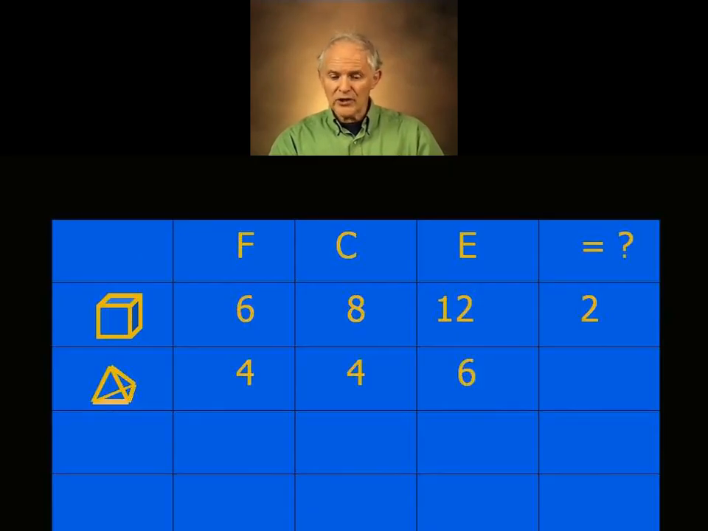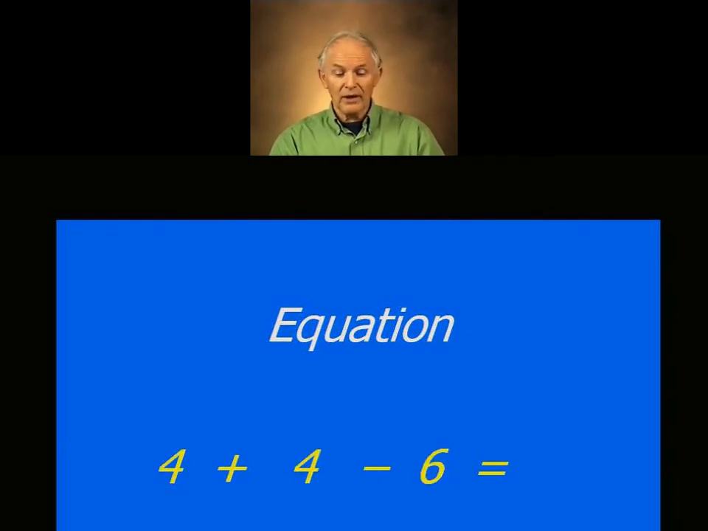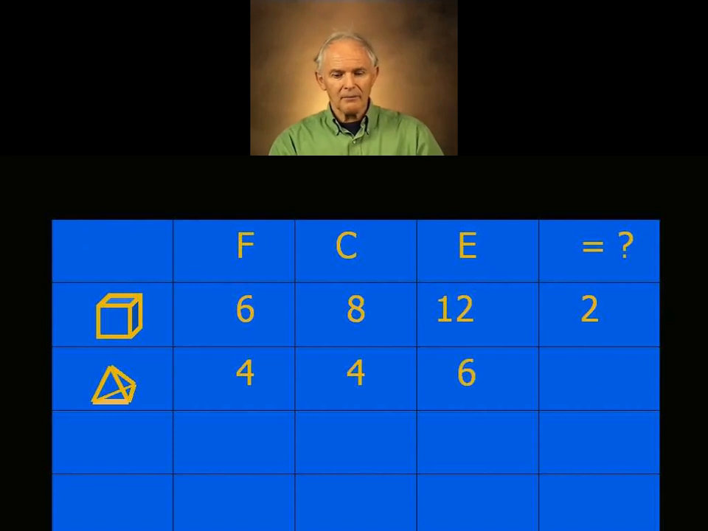And now we go to the equation again. Faces plus corners minus edges equals what? Well, 4 plus 4 is 8. Minus 6 is, yes, 2. And that's magic. Because it turns out all the objects that you can make of this kind, if you take the number of faces plus the number of corners minus the number of edges, always comes to the number